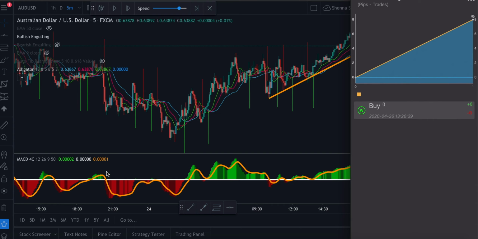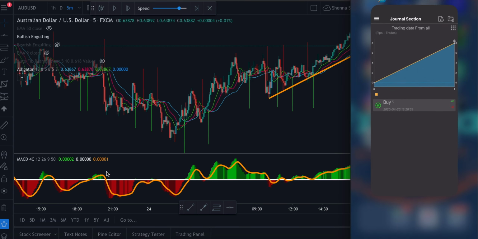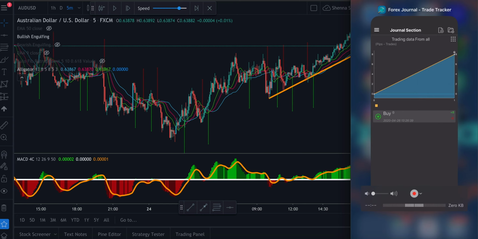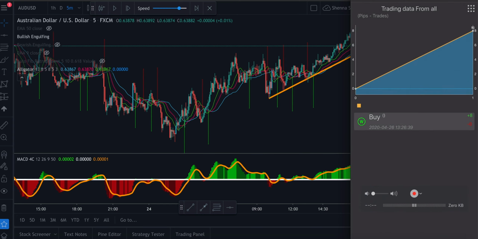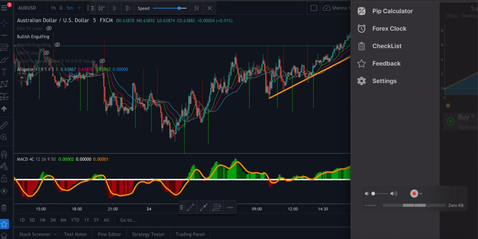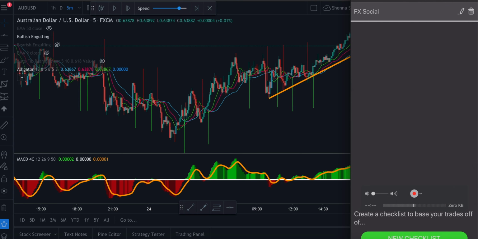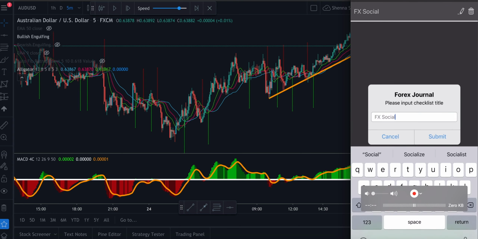So first of all, I got this app called Forex Journal. I'll bring this down so you can see it. That's trade. And what I did with this app is free. You can look it up. I created a checklist, and I made a checklist